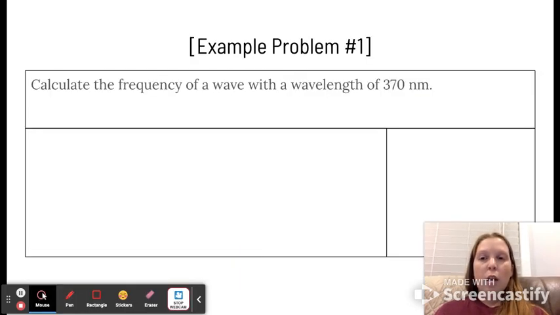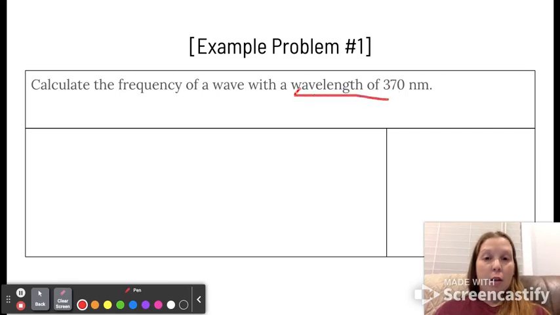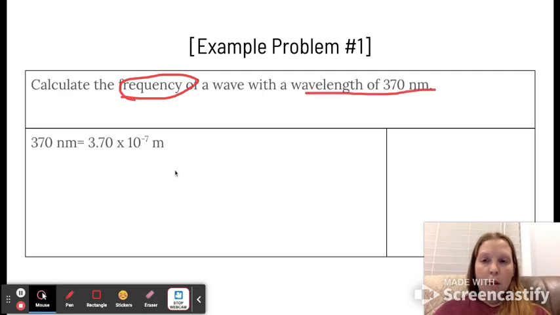So we're going to calculate the frequency of a wave with a wavelength of 370 nanometers. So again, underline what you're given. Circle what you're looking for. Oops, well, pressed the wrong button. Okay. So